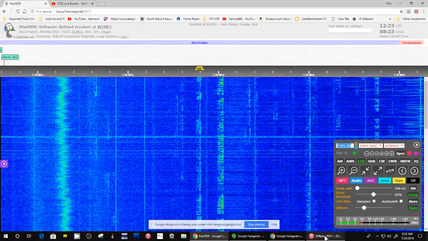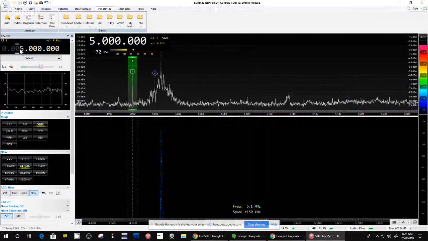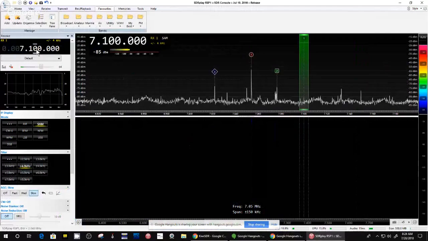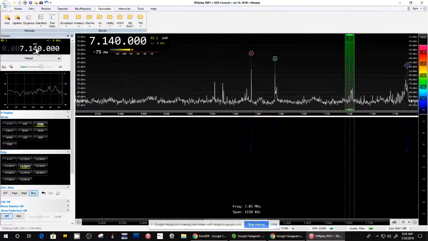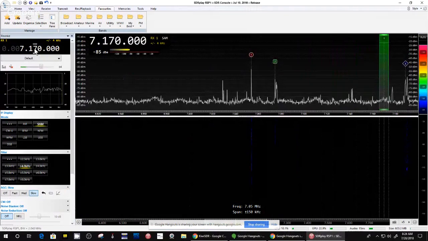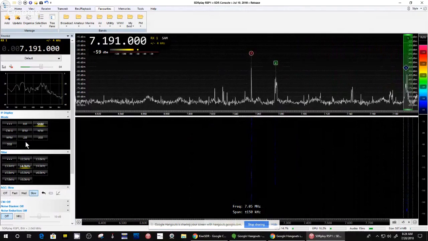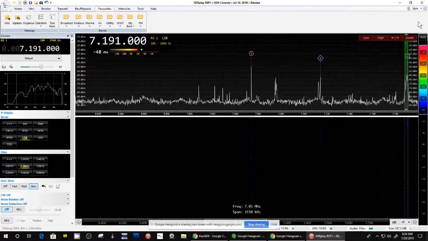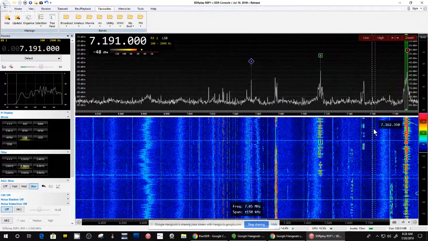So let's go to my radio and go to 7191. Whoops. There's a faster way to do this, but I'm just used to doing it this way. And it was lower sideband. And yeah, you can see a little blue line. So let's auto. I don't know if we're going to pick it up or not.